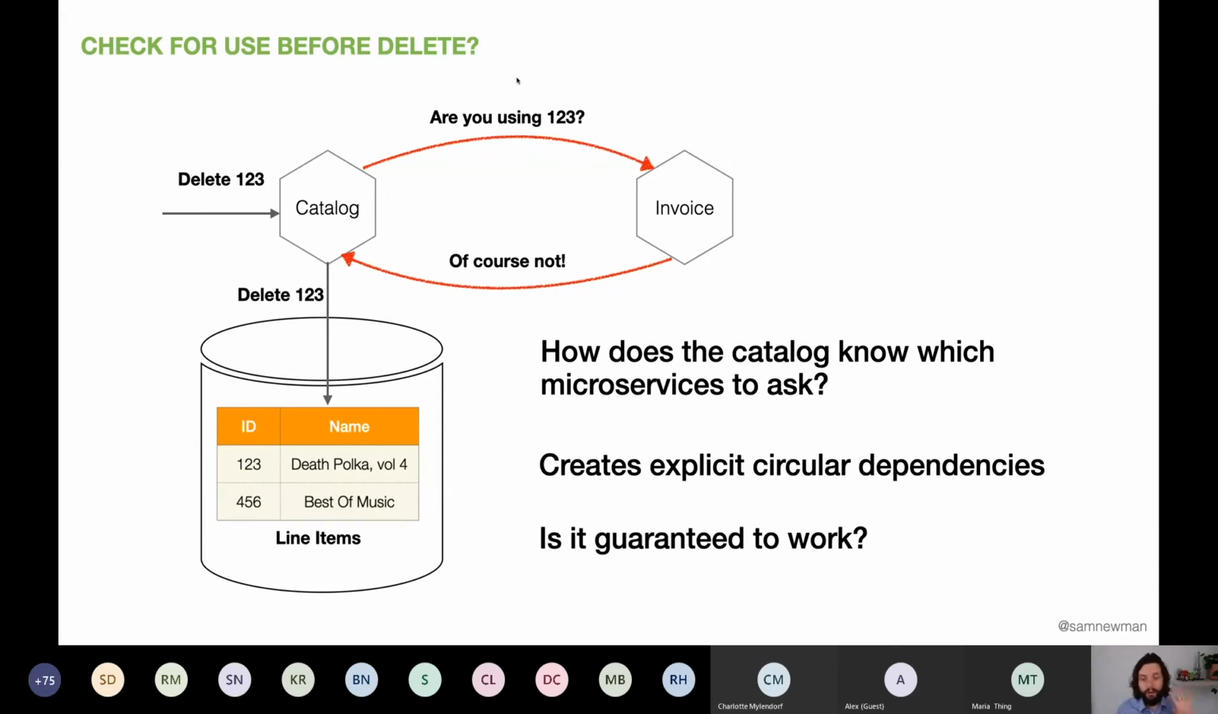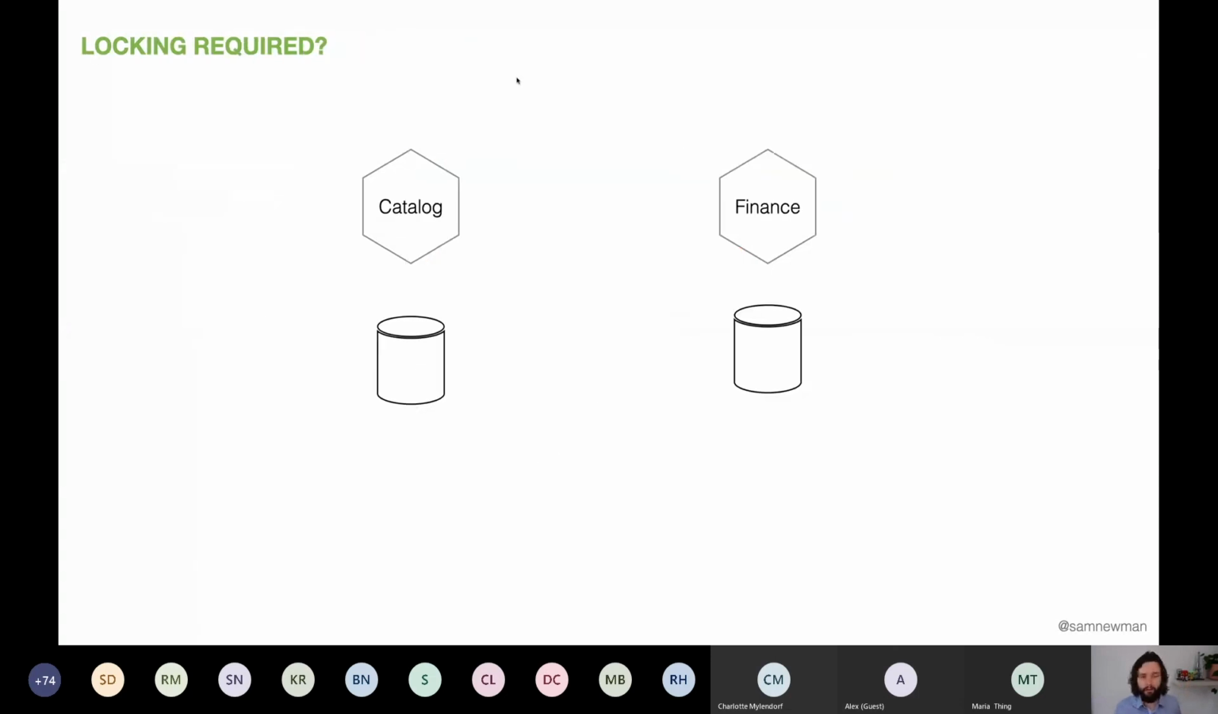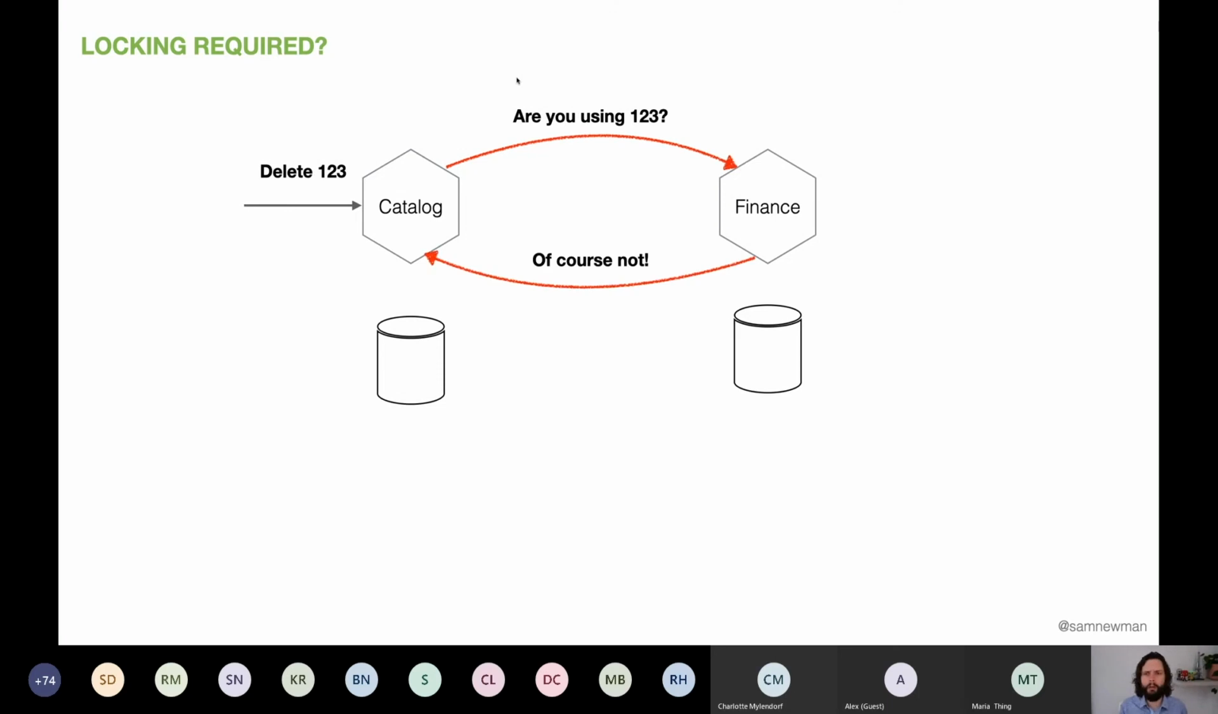And even if we did all that work, it's not actually guaranteed to work unless we do some more things on top. If we wanted to guarantee that this could work, for some value of the word guarantee, we would have to lock data. I would have to go to the catalog microservice and say, please delete item 123. The catalog microservice will go to the finance service and say, are you using row 123? The finance service takes a look at its database, goes, no, I'm not using that. The catalog service goes, great, I'm going to delete. And in that fraction of a second, a fraction of a millisecond before it does that deletion,